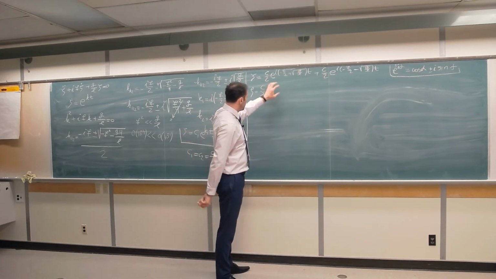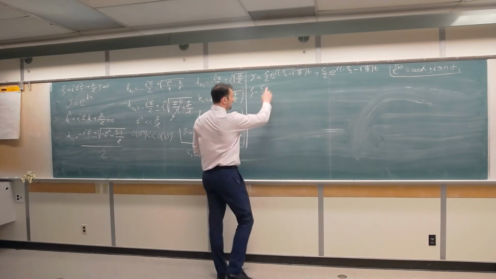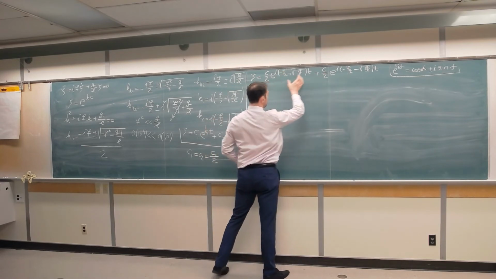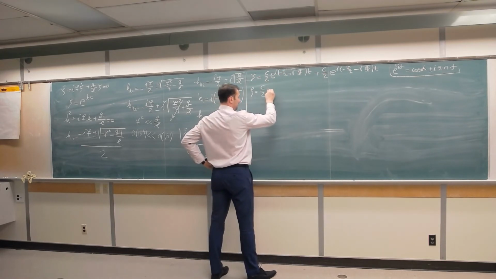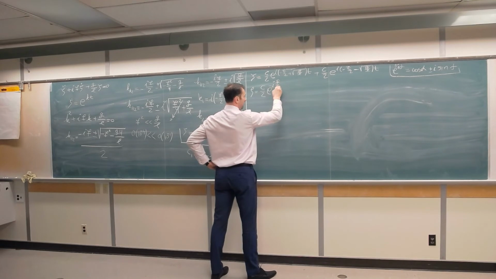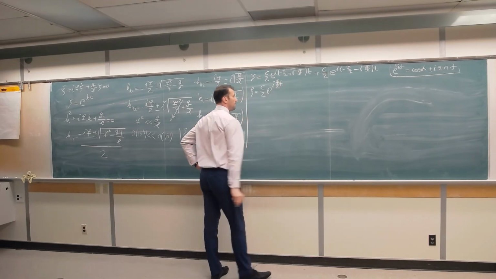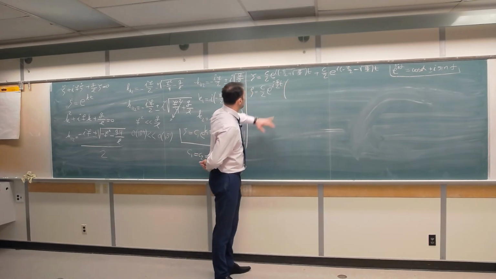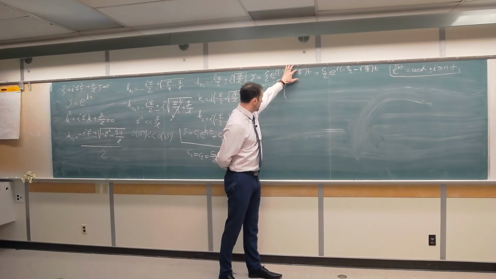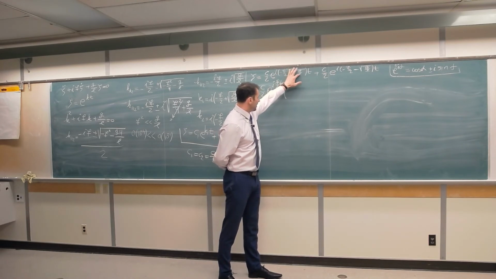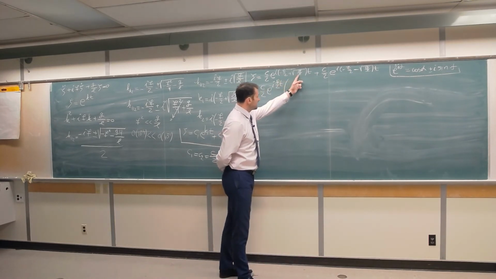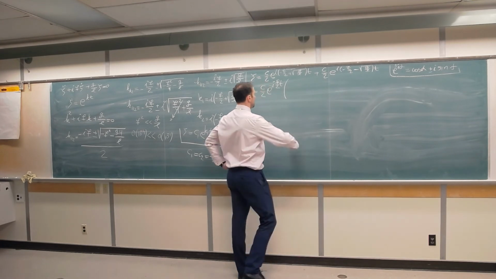Now notice that e to negative i f over 2 times t appears in both of these. So I will factor that out, and then I would have e to i square root g over L times t, and here I would have the same but with a negative sign. And these I will rewrite using that formula over there to get